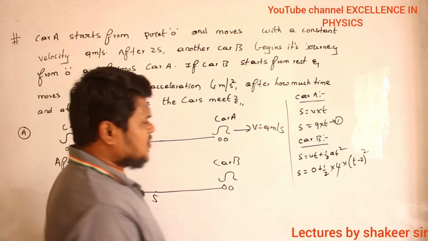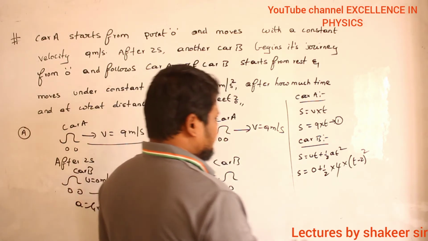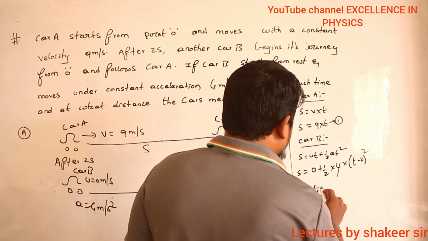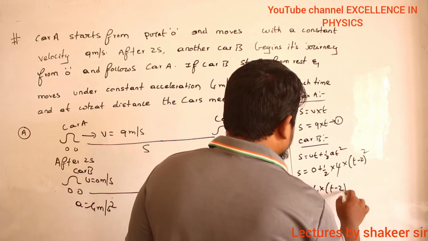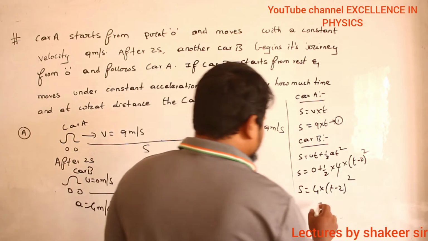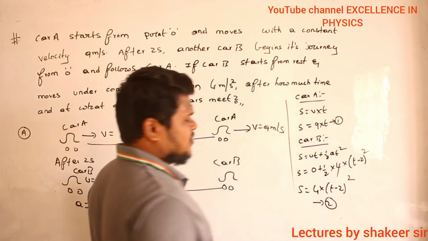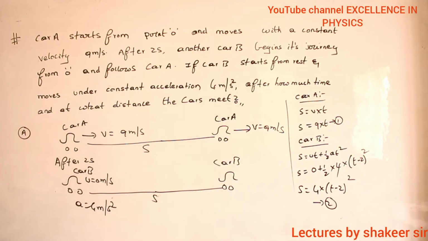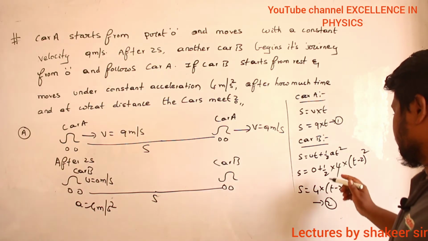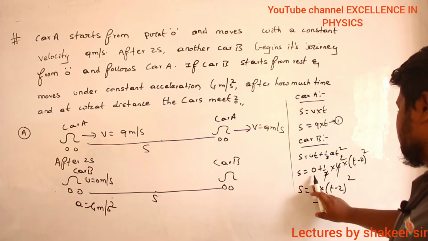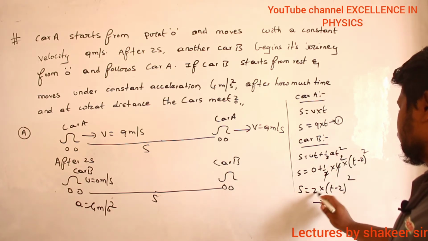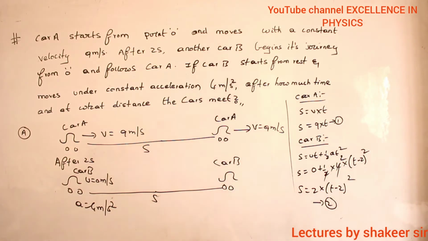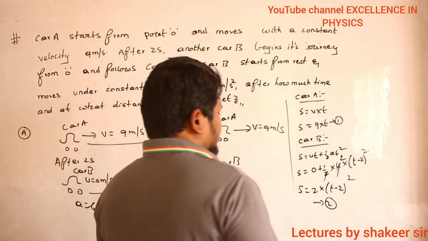Fine. Now do the calculation. So S is equal to 4 into t minus 2 whole square. So this is my first equation and this is my second equation. Here I forgot the half. Half of 4 is 2. So this is 2 into t minus 2 whole square. Clear? Now